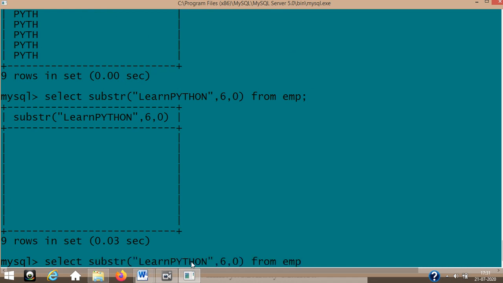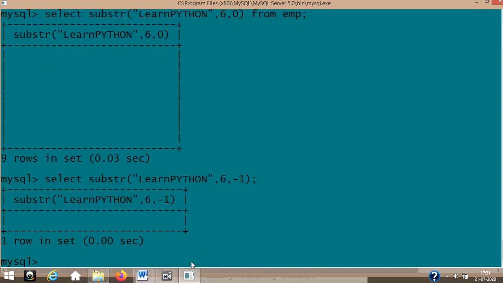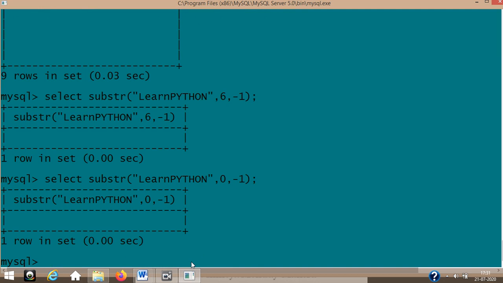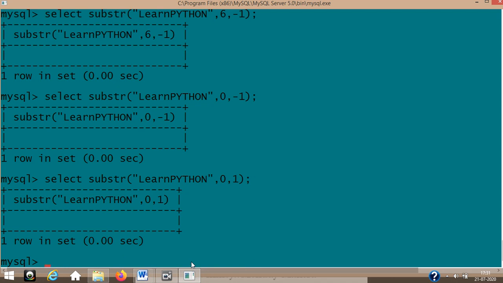Now what if I'm giving here instead of this, what if I'm giving -1 again? So what if I'm giving here minus or 0 again? So it will always start with number 1. So the counting is always with 1, and it can go to any number more than 1. What happens if I'm giving 1 comma 1? It will give you L. Understood? What if I'm giving 1 comma 0? Nothing will come. Understood? So understand that also.